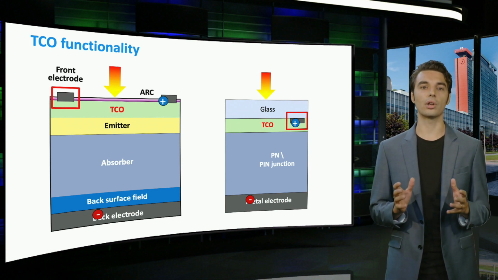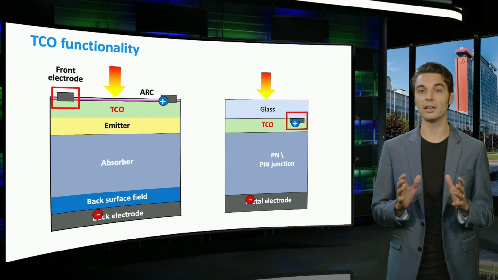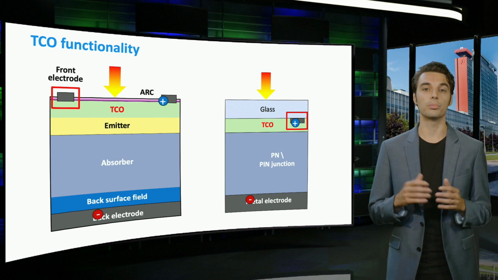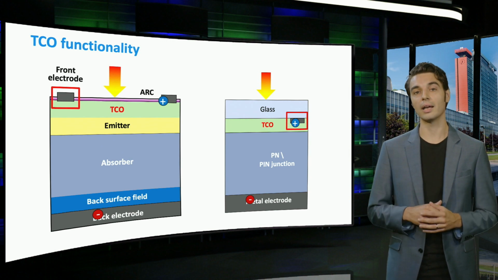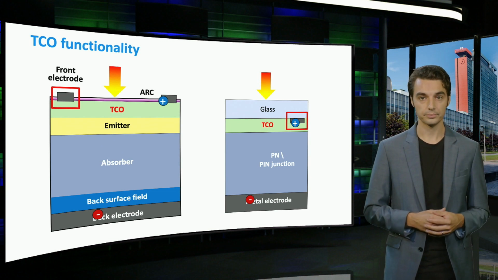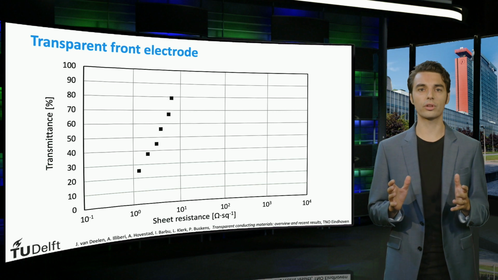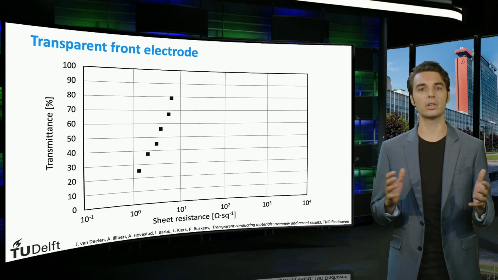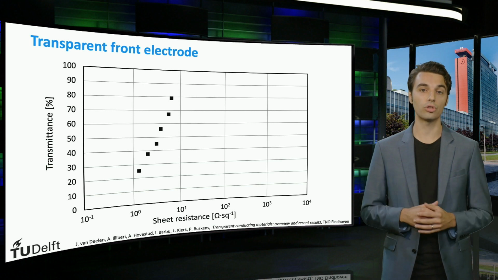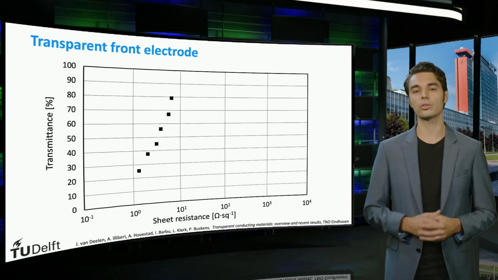Thin film solar cells therefore often require a layer at the front of the device that is both highly transparent to incident light and also has high lateral conductivity. There are several materials that could act as such a transparent front electrode. We can consider, for instance, the use of a very thin metal sheet of only a few nanometers thick.